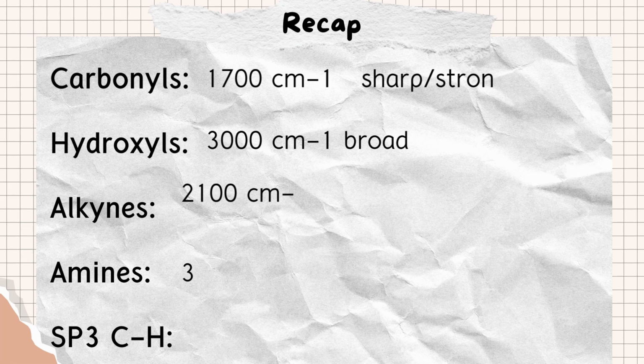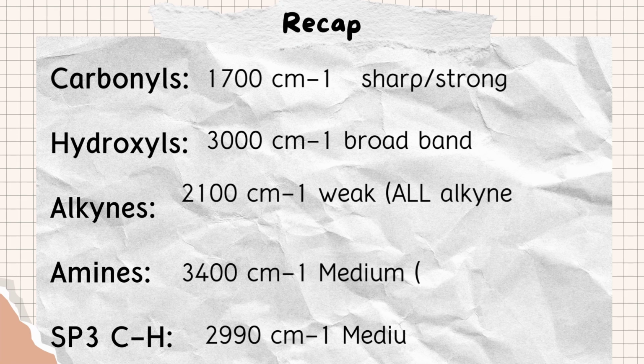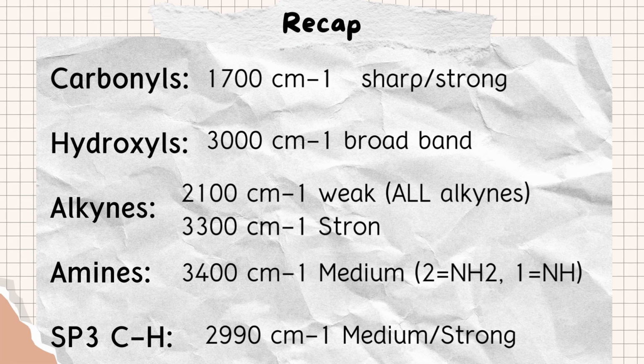Did you remember them all? Awesome job. So carbonyls are at 1700 and they are sharp, strong peaks. Hydroxyl groups kind of extend on or about the 3000 range and they look like broad bands. Alkynes all have a weak peak in 2100, and if they're terminal, they have a bonus peak, a strong peak, in 3300. Amines are found in the 3400 range,